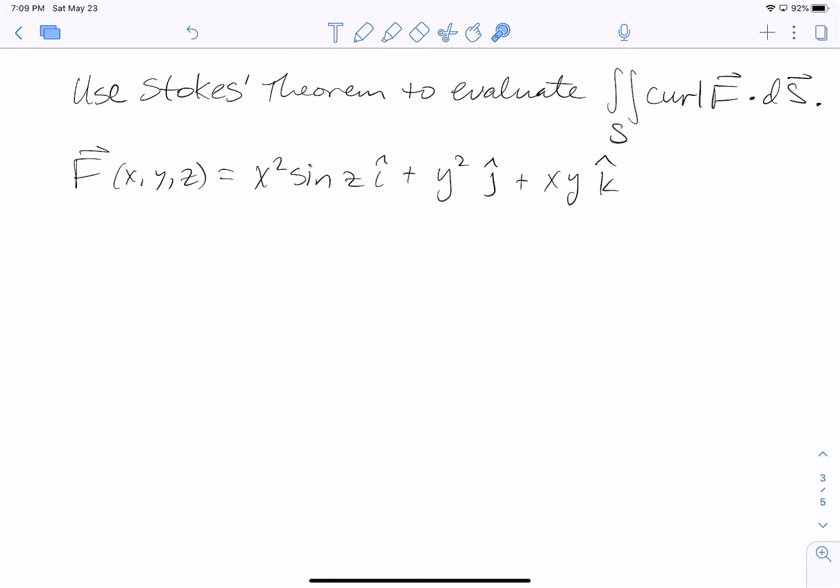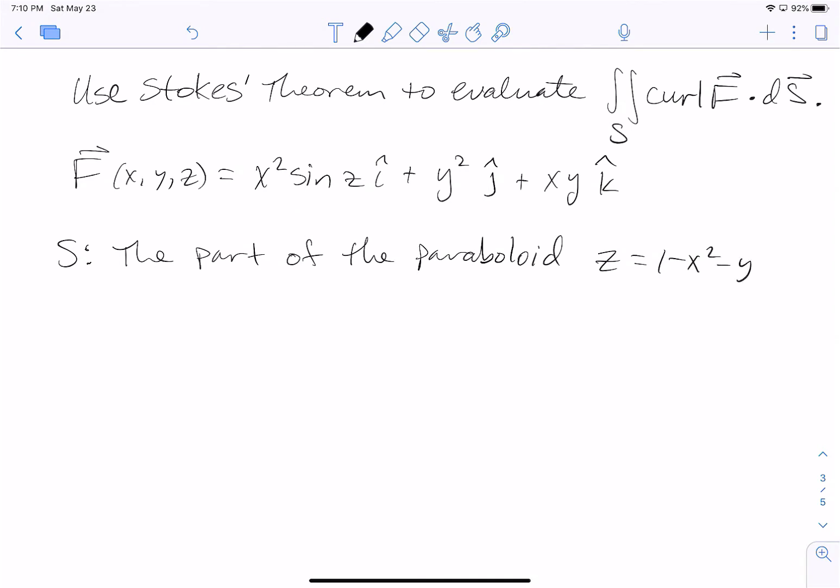Here we're going to use Stokes' theorem to evaluate the surface integral over S of the curl of F dot dS. Our vector field is F of x, y, z equals x squared sine of z i plus y squared j plus xy k. S is the part of the paraboloid z equals 1 minus x squared minus y squared that lies above the xy plane,